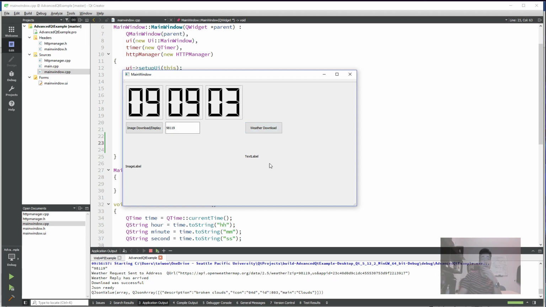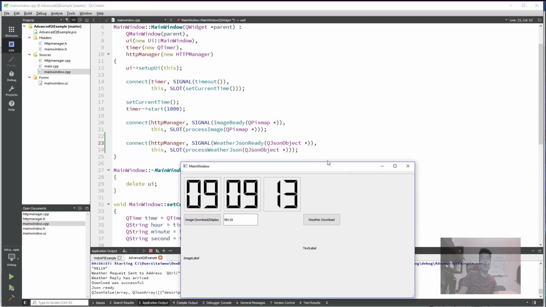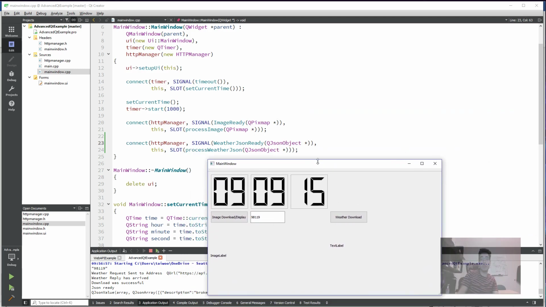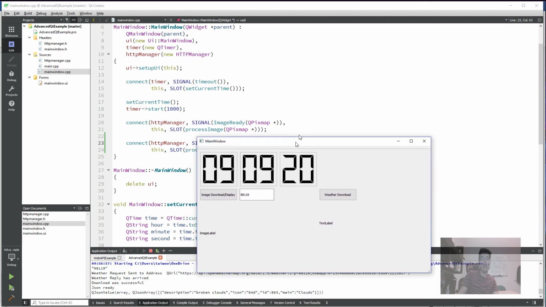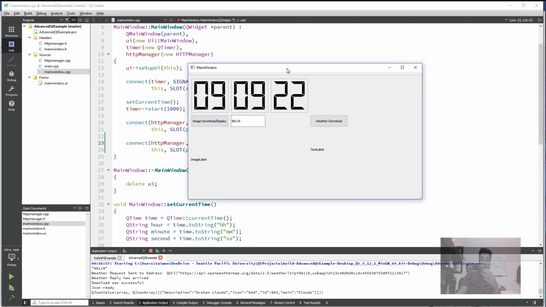Right. So, yeah, in connect we shouldn't put the parameter names around there. So only the type is there and that's it. I accidentally put the JSON here around, so it made an error. So yeah, it's just like that. And the weather download JSON is ready, and then the QJsonValue, weather says description, broken clouds, and blah, blah, blah, main clouds. Okay, so let me show you guys how to analyze this JSON information,